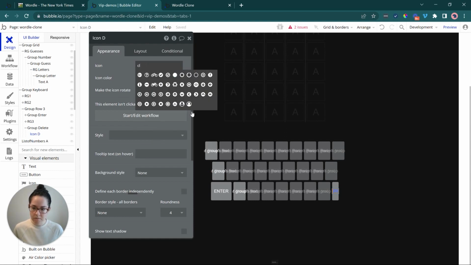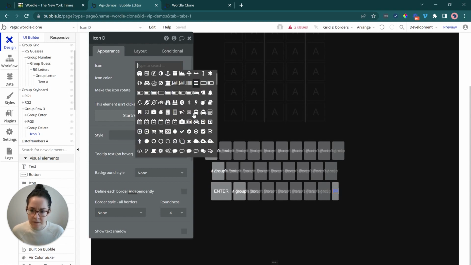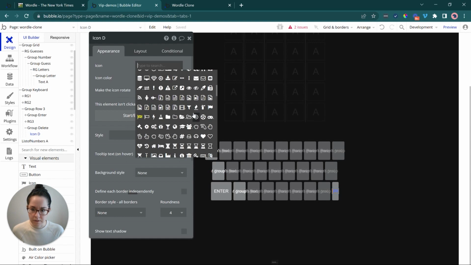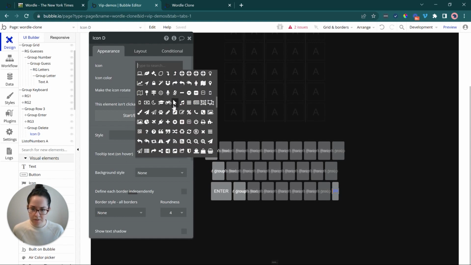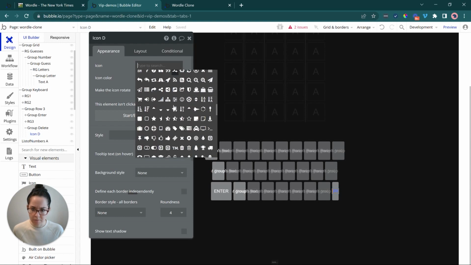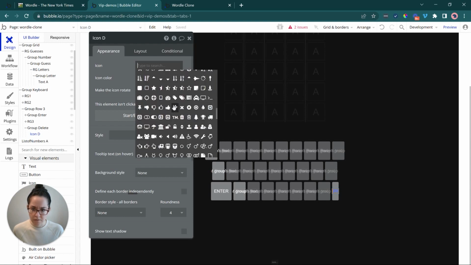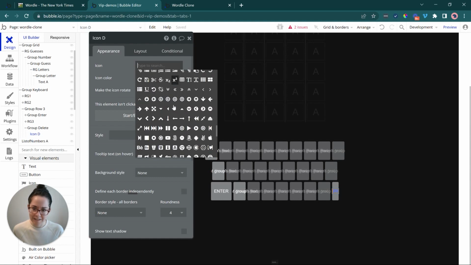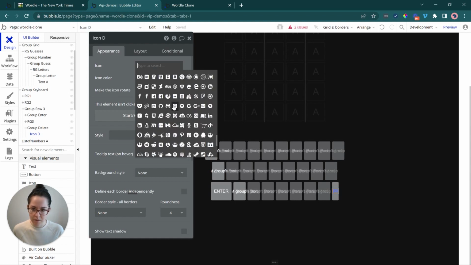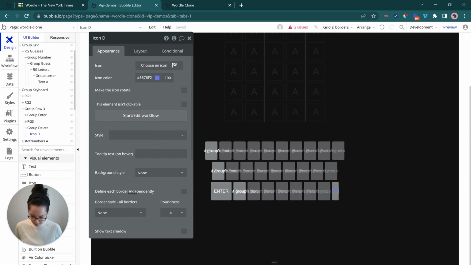Remove, clear, X. Oh, this icon has to be here. Let's see if we can find it. Okay, I'm going to use a different icon library for this because I don't want to substitute this for something that doesn't look like the backspace key on your keyboard. All right, so I believe I have in my app